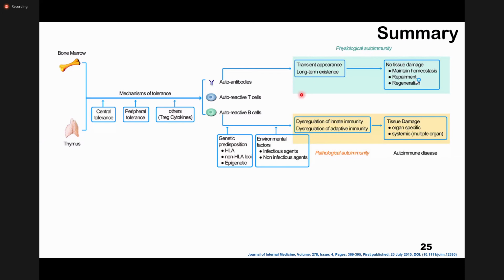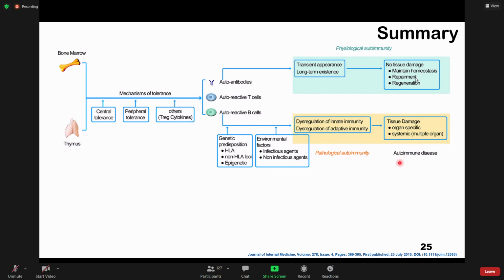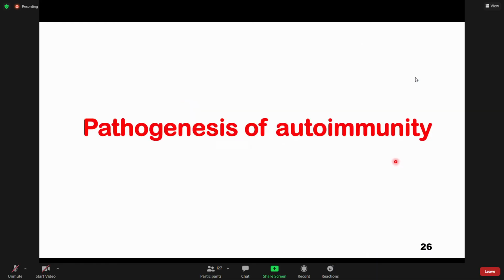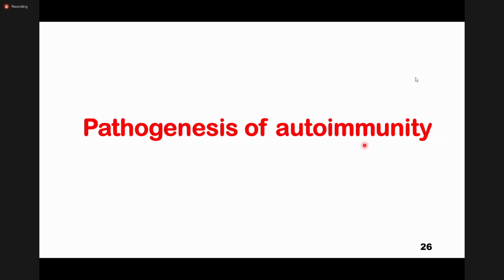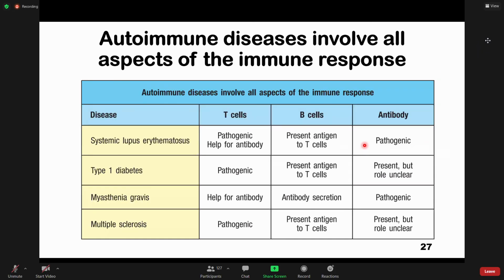But if you have any genetic predisposition or environmental factor, then there is dysregulation of your immunity, causing pathological autoimmunity. That leads to an autoimmune disease. Like the pathogenesis of autoimmunity, in this case we just look at the